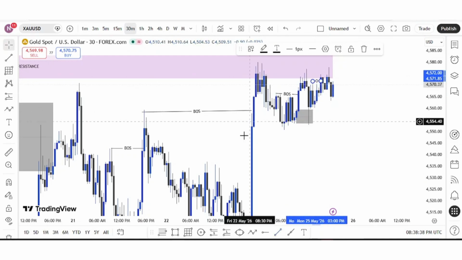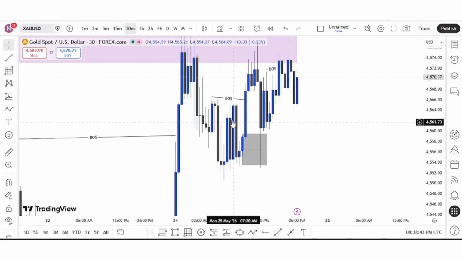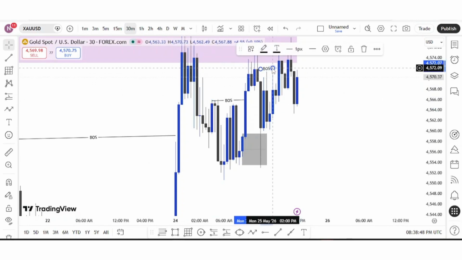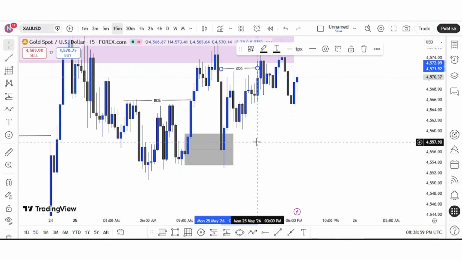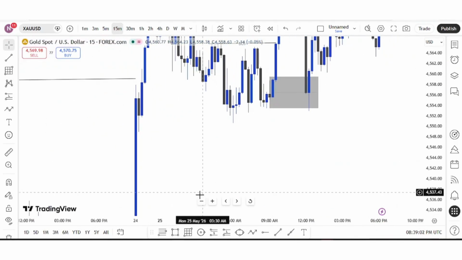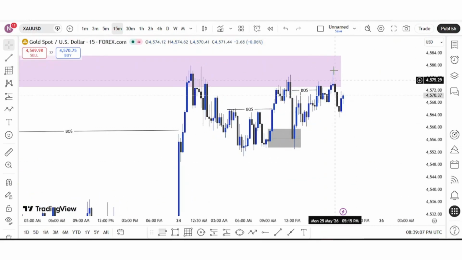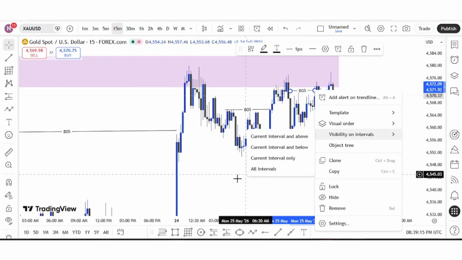So like I said, paying attention to internal structures will let you know where price is reacting from and where price is heading to at the moment. So now, seeing this internal break of structure, this was the last break of structure to the upside. So now we move down to the 5 minutes time frame. From there, we are paying attention to the internal structure. So what happened? We can see that this here was the last break of structure,